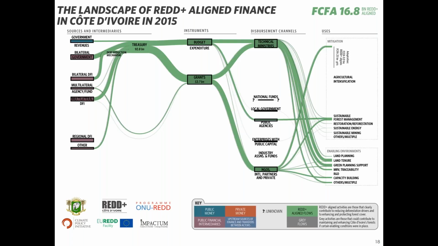Overall, we identified $28 million of investment by the Ivorian government and its partners in 2015, which contributed to achieving REDD+ objectives. This, though significant, is a small fraction of the expected investment needs to implement the country's national REDD+ strategy and NDC objectives. Those needs are still being quantified, but in our study we looked at one particular policy area to get an idea of the potential gap.